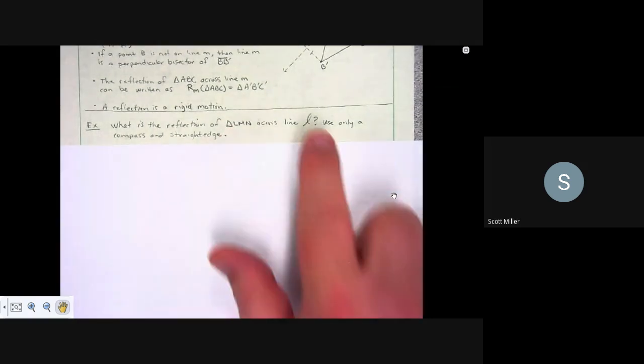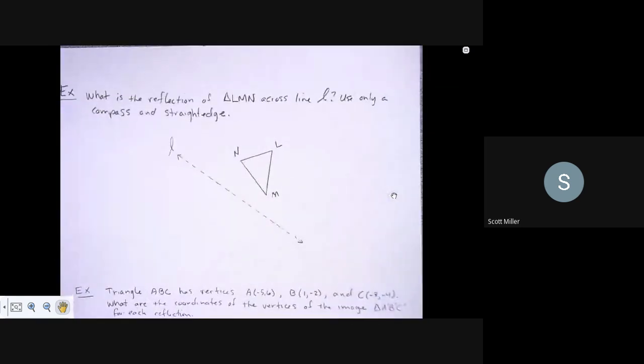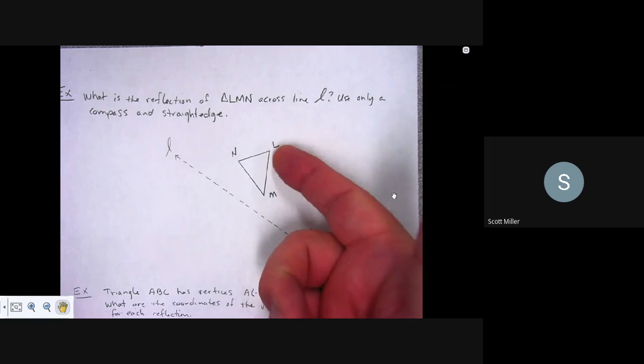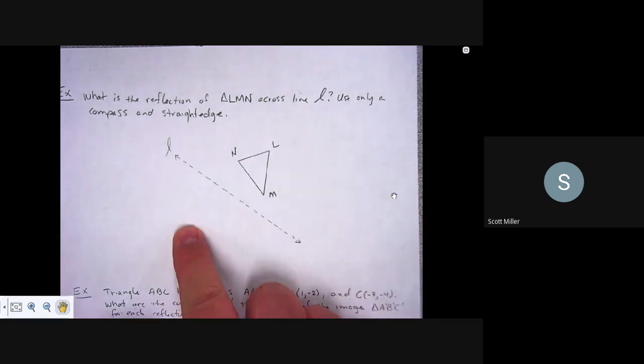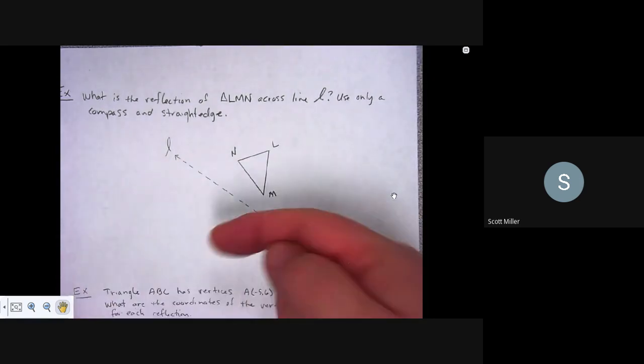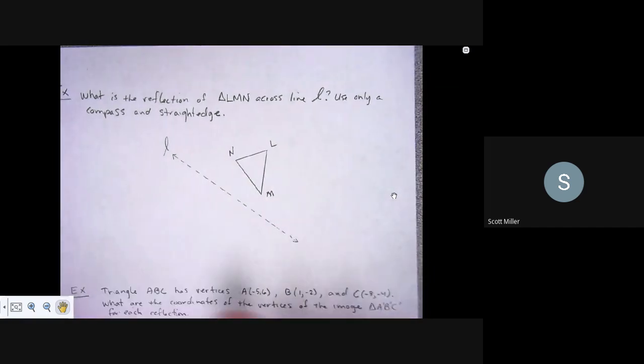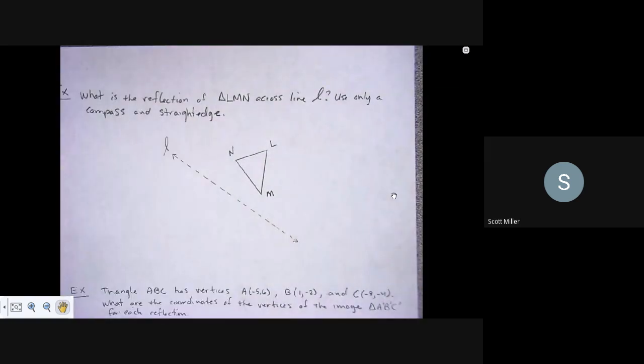And so what we're going to do now is an example, how you're going to use constructions to draw the reflection of a triangle LMN across a line L. So here is our example. I want to draw the reflection of this across this line. So imagine a mirror right here. What would the reflection look like? Okay, and so we're going to use our compass and the knowledge that we had of the properties, which says basically